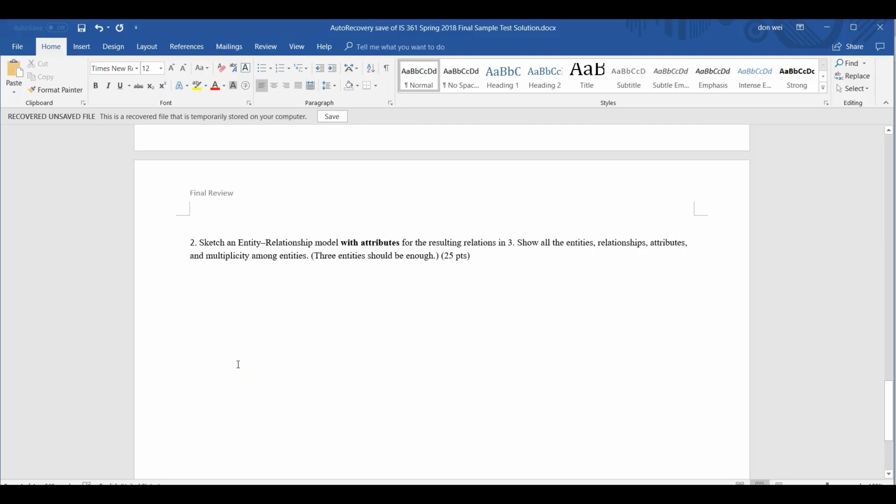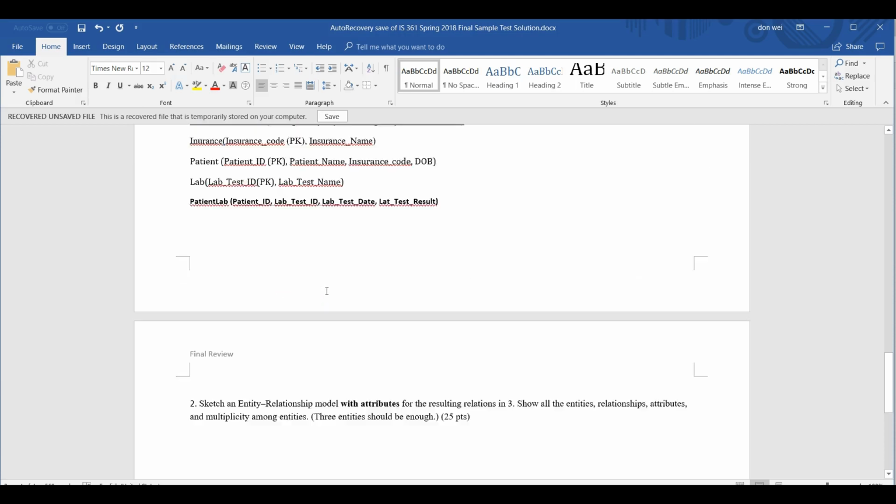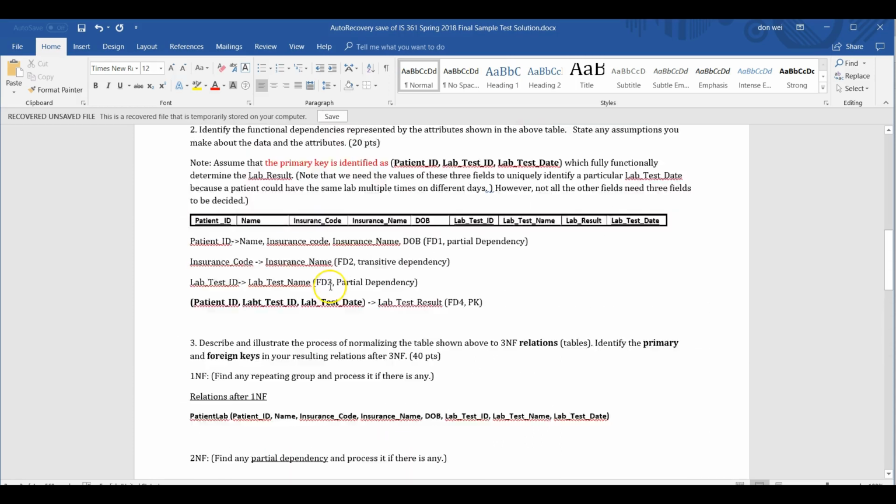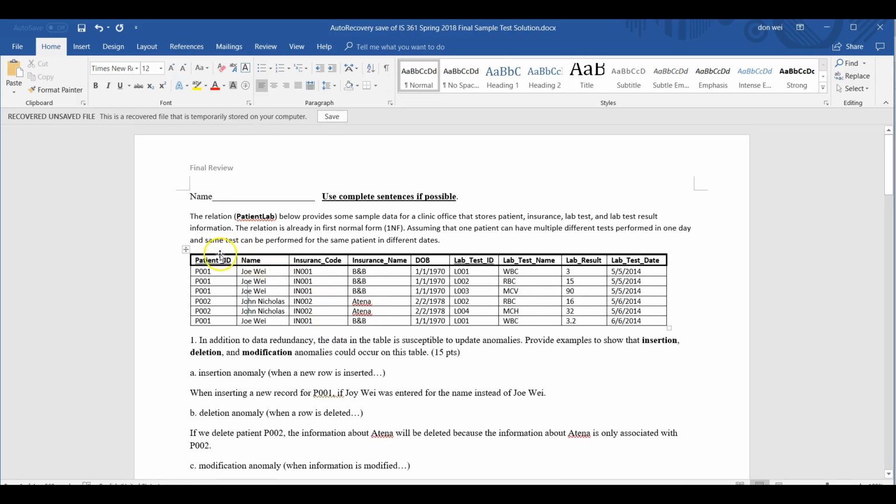All right, finally, we want to draw an ER diagram, which is an entity relationship diagram. If you look at the table, the data over here, we have patient information. When we talk about the normalization process, it is to validate that the table satisfies third normal form at least. But if you want to design a database, the way we just did, that you have